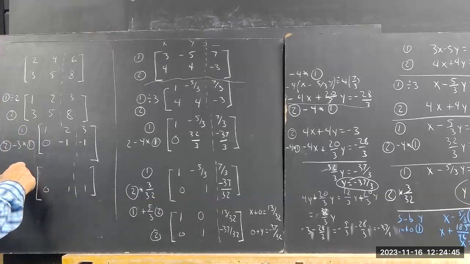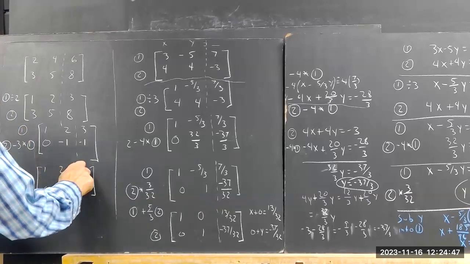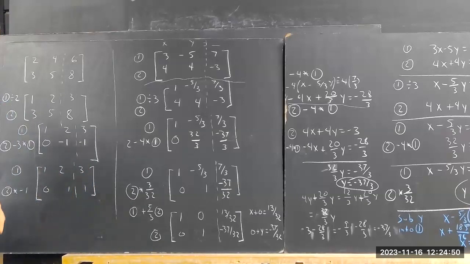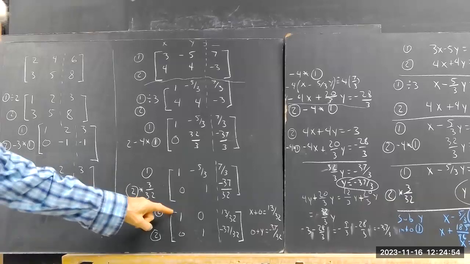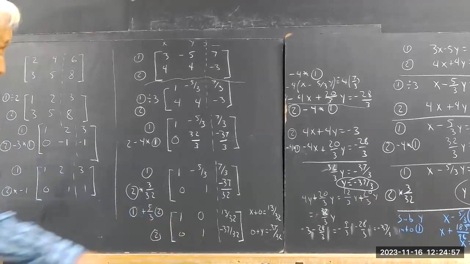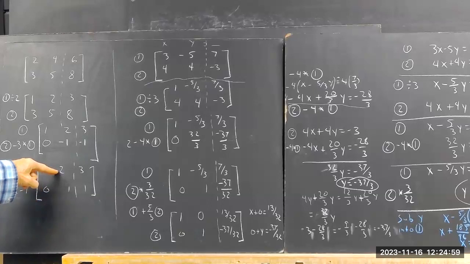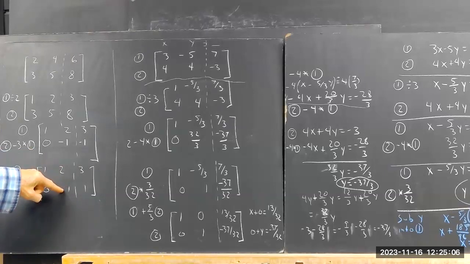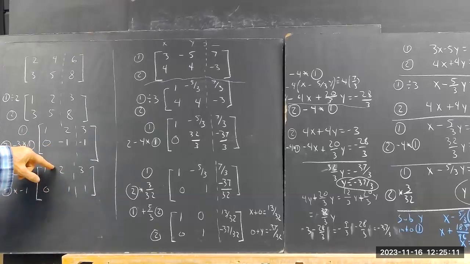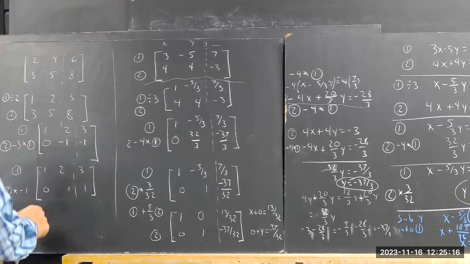I still got my first row, 1, 2, 3. So you see, I've got this one, and this one. Right there they are. All I need is a 0 here. I'm going to get a 0 here. I'm going to do this plus -2 times this. What multiple of 1 would I add to 2 in order to get 0? It would have to be -2. So I do